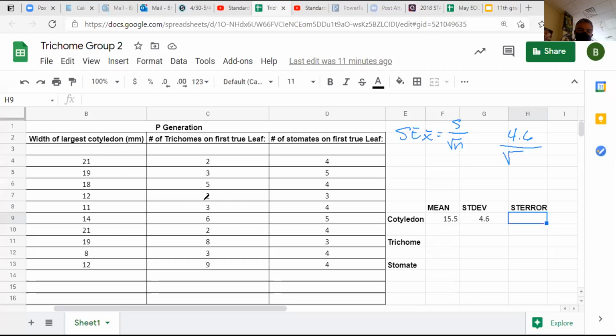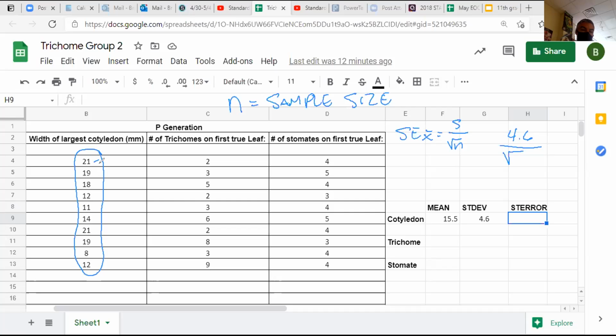What is n? How big is this sample size? How many plants do they have in every trial? Thank you, Monis. Thank you, Gavin. You just count them. Okay, we're trying to find n. So n equals sample size, essentially. So how many plants did they measure for this? How many are in this group?